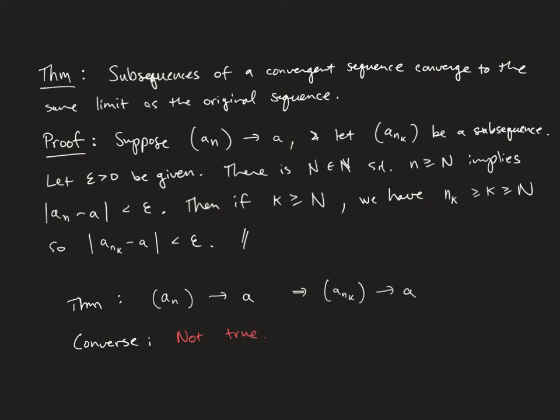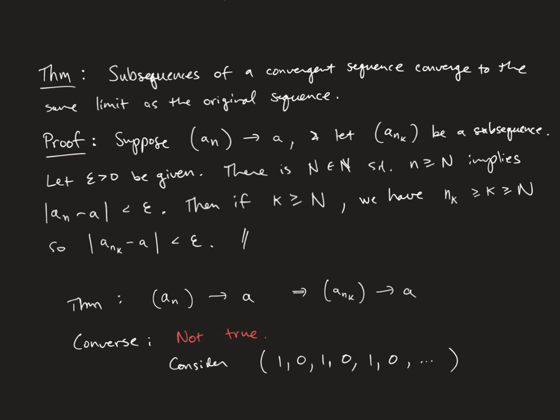So you can consider the sequence 0, 1, 0, 1, 0, 1, 0. This is going to be a divergent sequence. I think we've seen this sequence before. Maybe make it 1, -1, whatever. We proved a sequence like this doesn't converge,